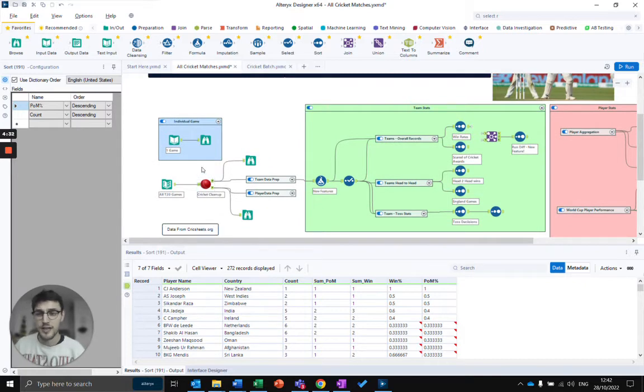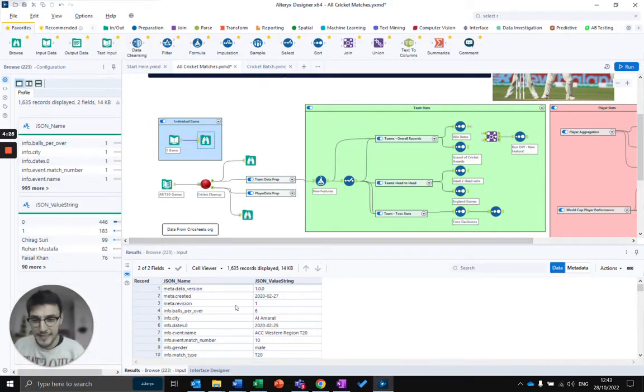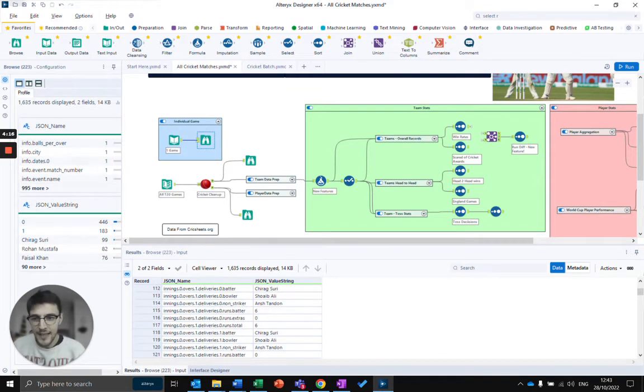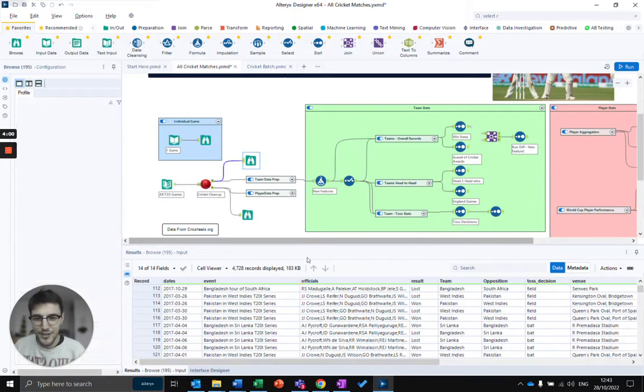where they're able to extract all of the information for every 2020 game of all time, and with an incredible level of detail. So for instance, here we've got one file, one particular game. There's 1,600 records on the players, the umpires, and ball-by-ball action. Now, in this case, I've got 2,300 games to go through and 1,000 records in each of them, which normally would make it pretty hard to work out what I want to do in the analysis I want to perform. Fortunately for me, I've used our cricket cleanup macro that was just being created to start extracting out some of